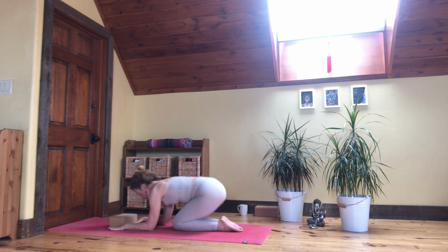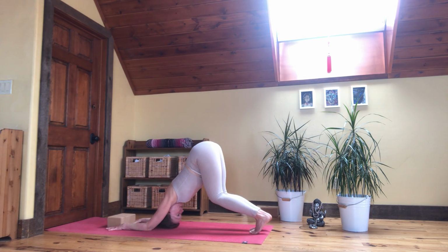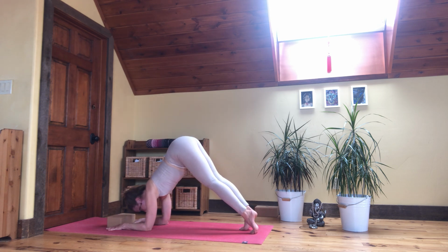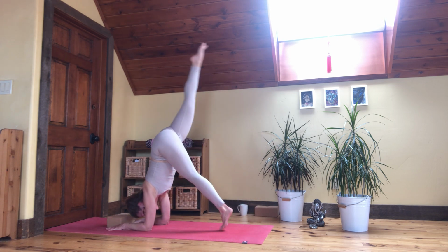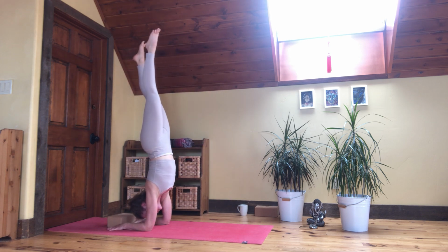Spread your fingers, elbows underneath your shoulders. This will be a whole different turn on the shoulders. So see which one works the best for you. Walk your feet in, take one leg up, claw your fingertips, bring your hips over your shoulders, and come into